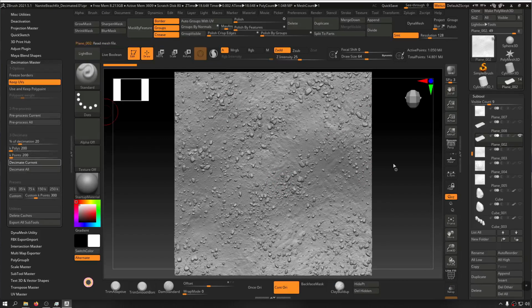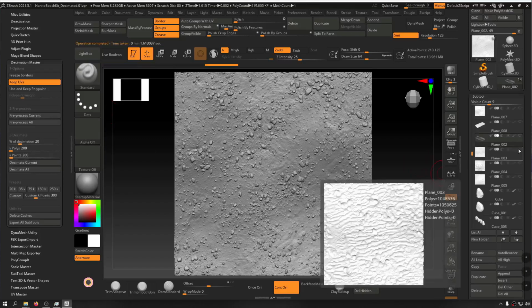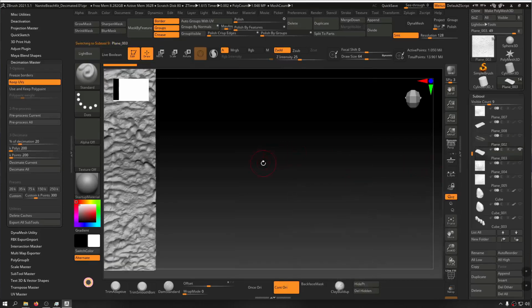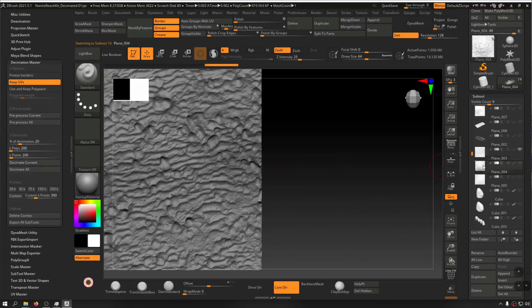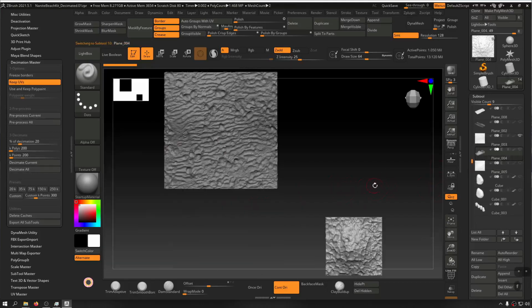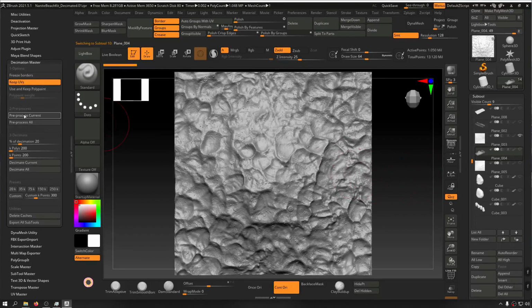Okay, decimate, and the next one, this one also needs to be decimated. Okay, and just a couple more remaining, and then there's the stone kit. Okay, this is the smallest one, and make sure that you have the keep UVs because these have some primitive UVs and we're going to improve the UV inside Blender. So decimate,